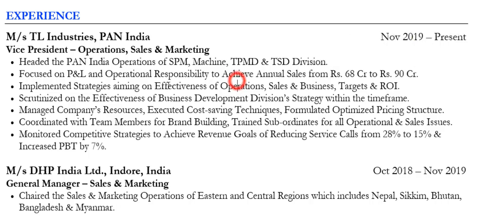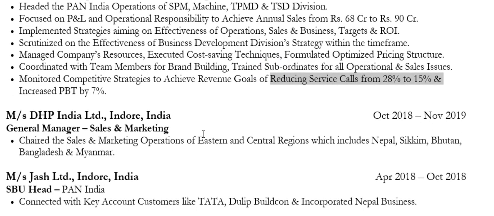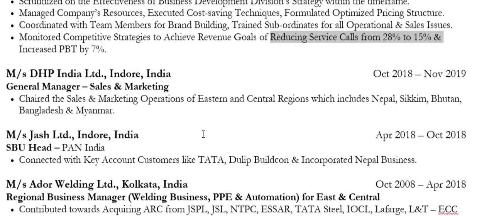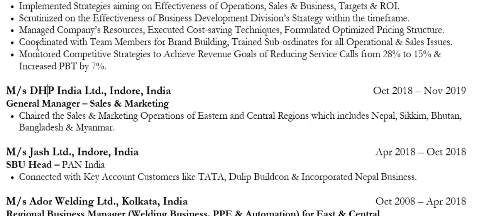So you can see here, like, focused on P&L and operational responsibility to achieve annual sales from 68 crore to 90 crore, right? Reducing servicing costs from 28% to 15%. So we are highlighting the facts and figures here, which is very, very important and which brings a lot of